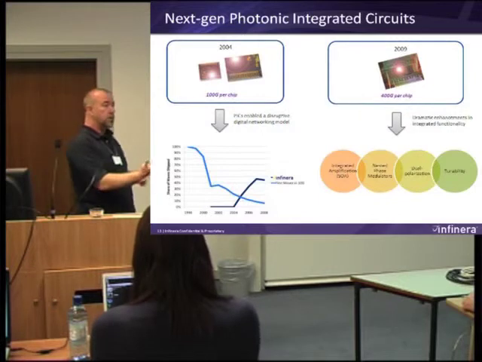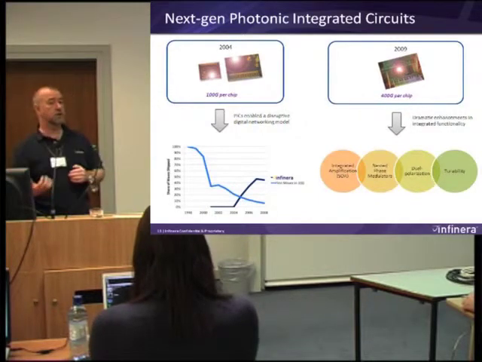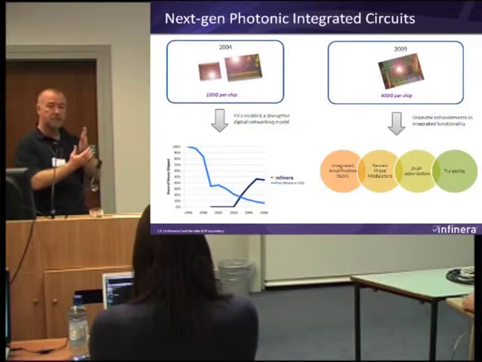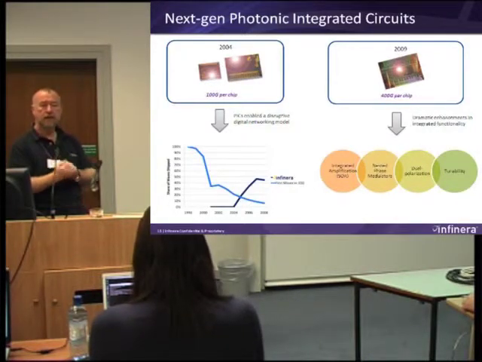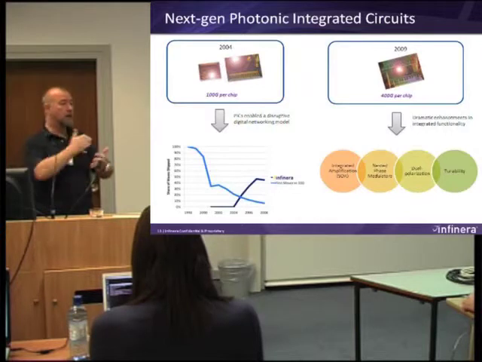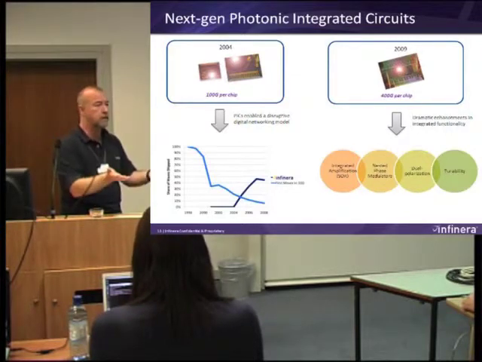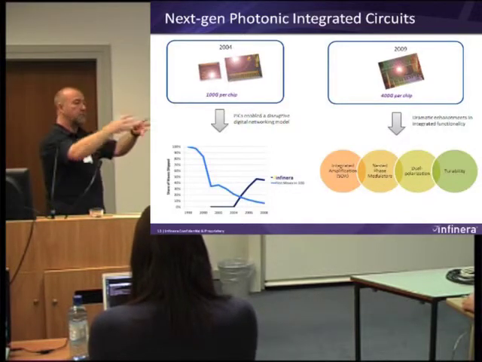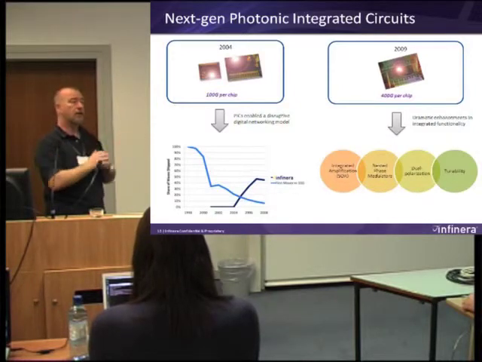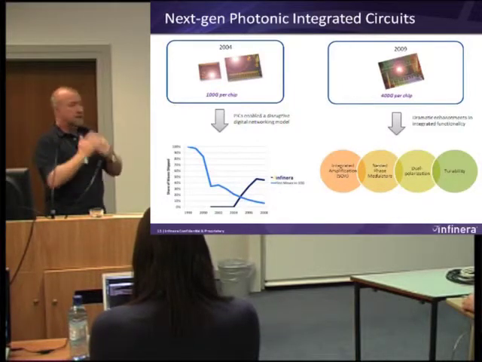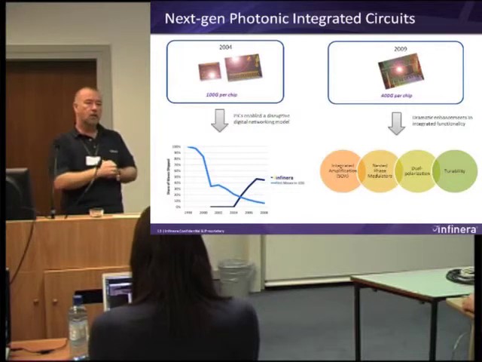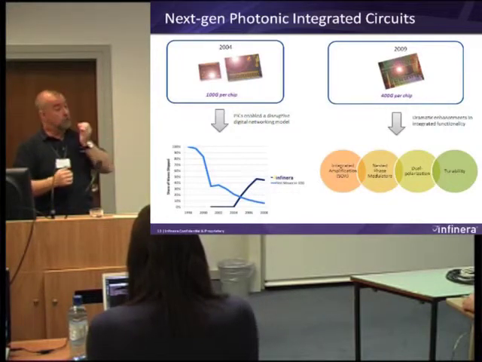So the next generation of PICs is really going to start to push things a lot harder, because for years we've been limited in a way to 10 gigabit per second wavelengths. Now it's okay because just like Intel can't make a CPU go faster than about 2 gigahertz at the moment, what do they do? They put lots of cores on a slab, on a chip. It's the same thing. We put lots of wavelengths on an individual PIC,